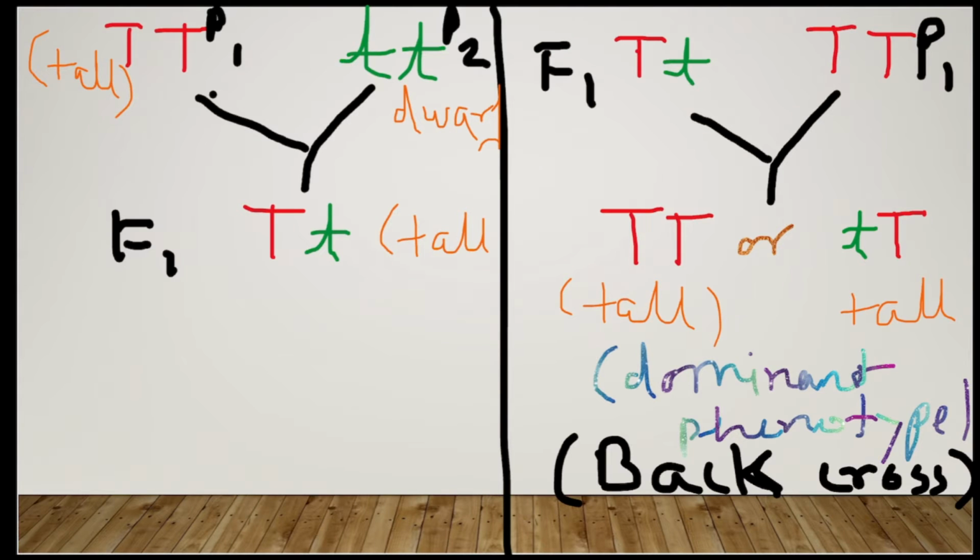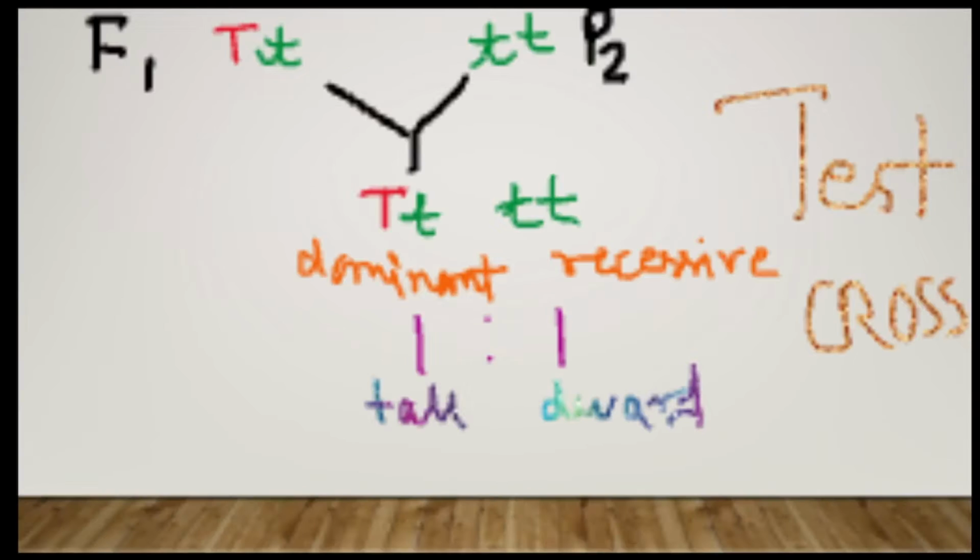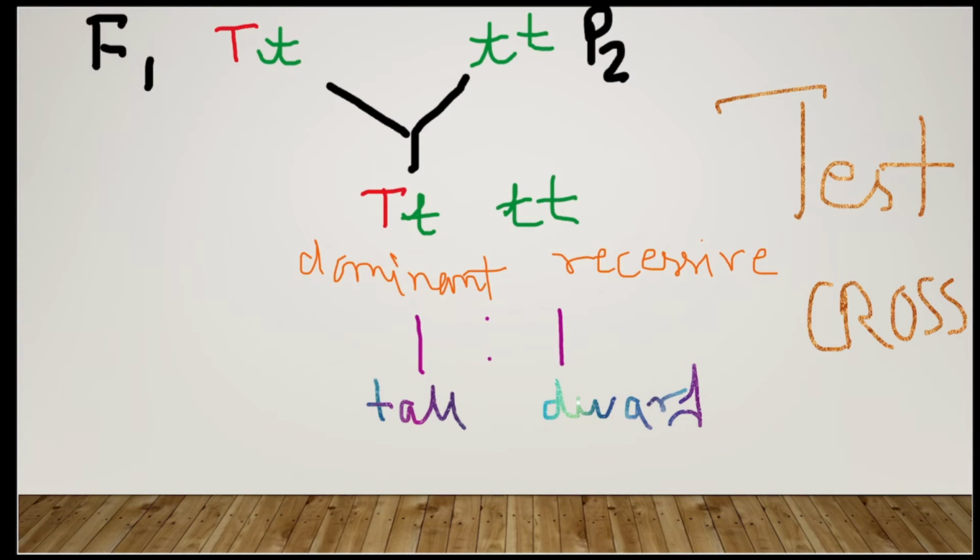And please identify the result of this cross and keep it in mind that both the plants are tall. They are different in genotype. One is homozygous tall and one is heterozygous tall, but both are tall. But what will happen when we conduct test cross? We are taking F1 generation, which is heterozygous, one allele is capital T, one is small t, and crossing it with recessive parent.